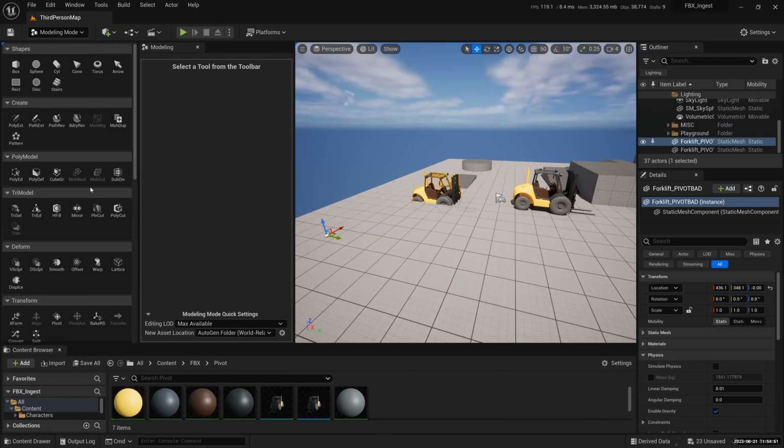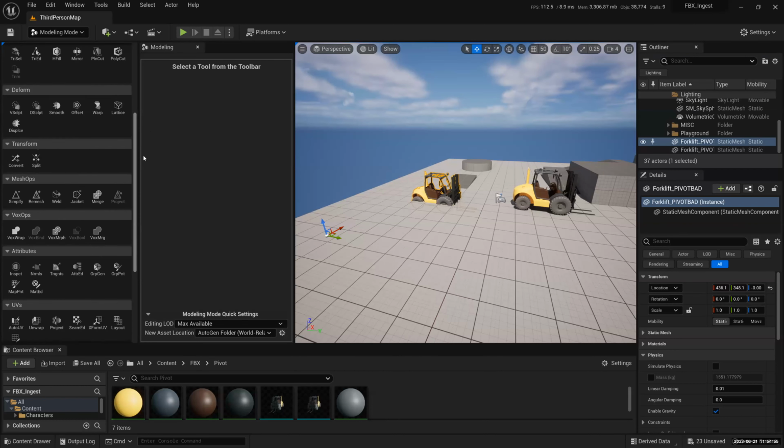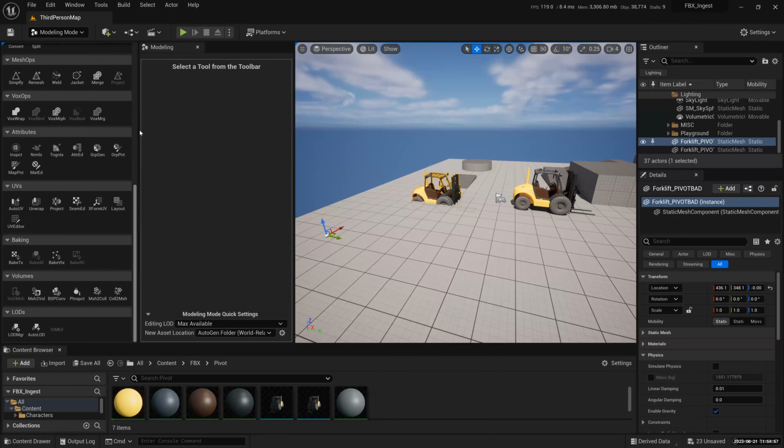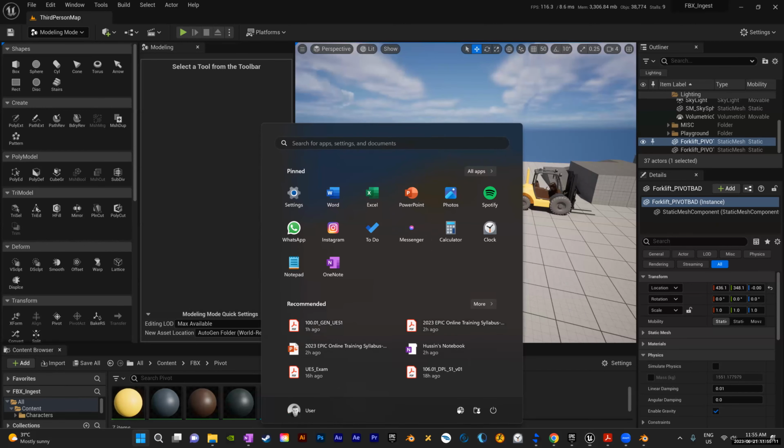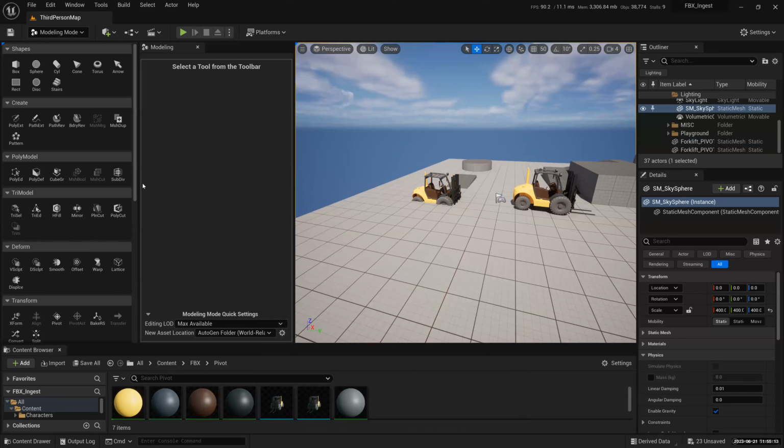Okay, this is what I'm saying, guys. In Unreal Engine, they have not improved the modeling system yet. You see the icons I have, these very abbreviated names like polyad. What is polyad? What is tricell? What is triad? You've got to figure it out. But in UEFN, they have changed that. Let me see if I have time to run UEFN quickly. Never mind, we'll do that another day.